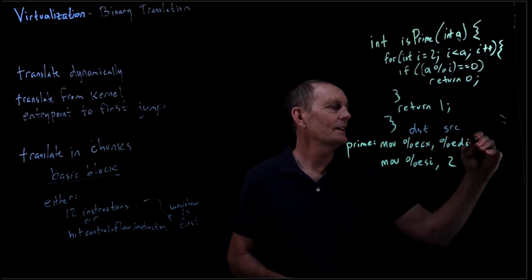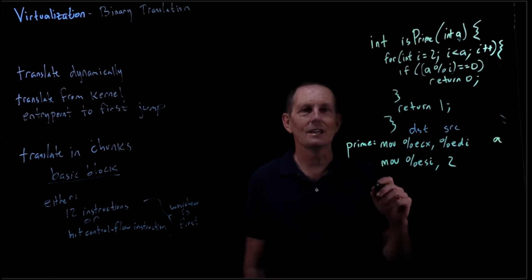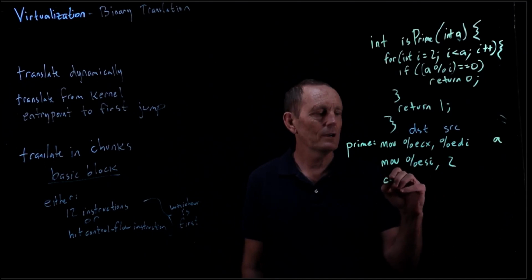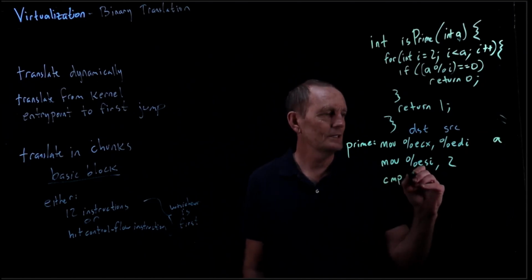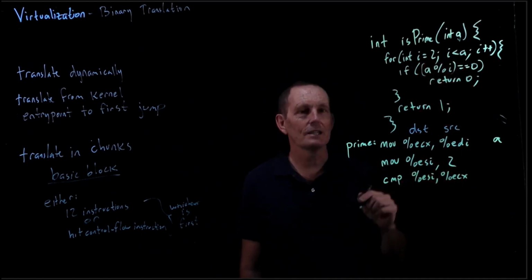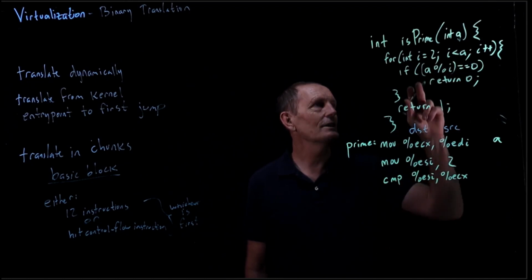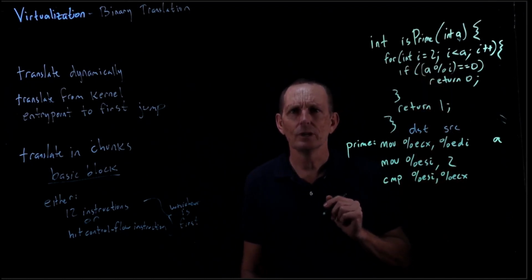So we're moving EDI into ECX, so this is A. We're going to move 2 into ESI. We then compare ESI to ECX. So that's this comparison here, whether I is less than A. The move 2 into ESI is the I equals 2. And then we will